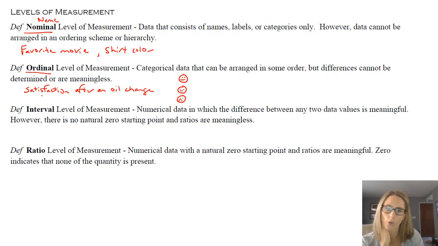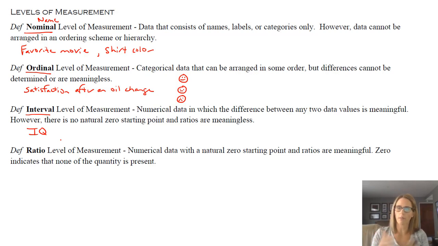So a little bit of order, not a lot. The interval level of measurement is, we have differences in the data. So we're increasing the level of measurement here as we do this. So for interval, we have differences and they are meaningful, meaning we can quantify them in some way. However, no natural zero starting point. And using the idea of a ratio is meaningless, and I'll mention that when we talk about ratio. One example of this would be IQ, and that's because there is no one that has a 0 IQ.